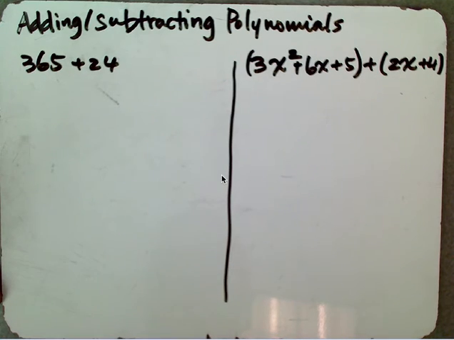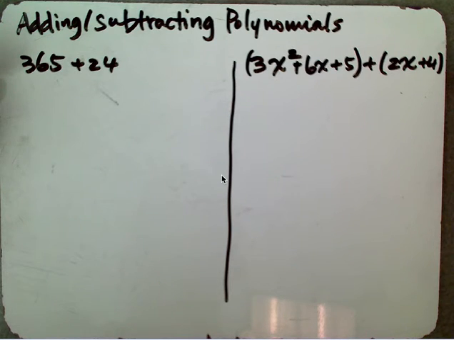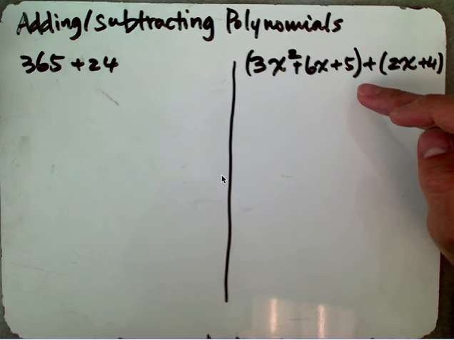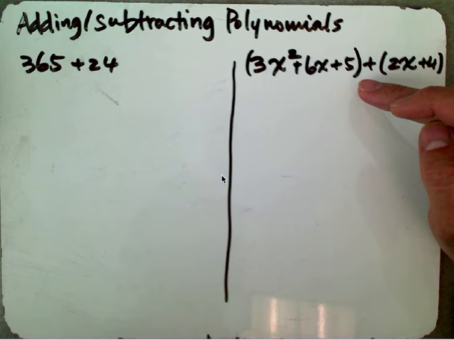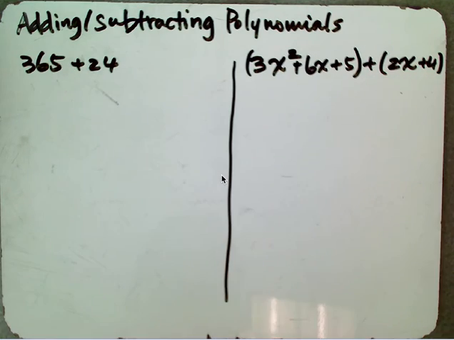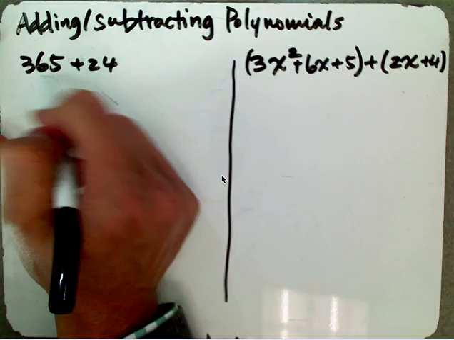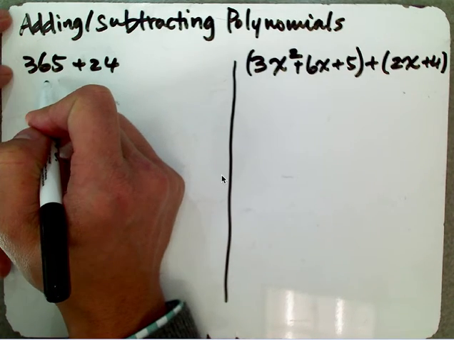Adding and subtracting polynomials. So we have two problems over here: 365 plus 24, and 3x squared plus 6x plus 5 plus 2x plus 4. These two problems can be solved in a way that has something in common. I know you can do 365 plus 24, so I'm not going to do that in the way